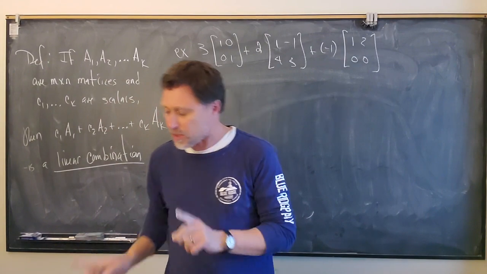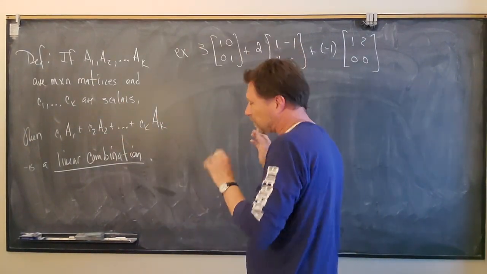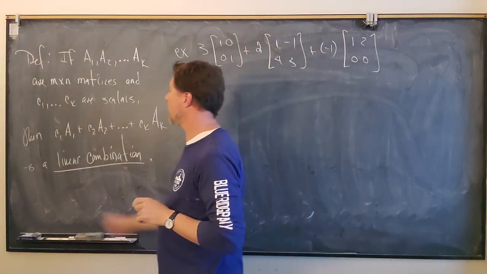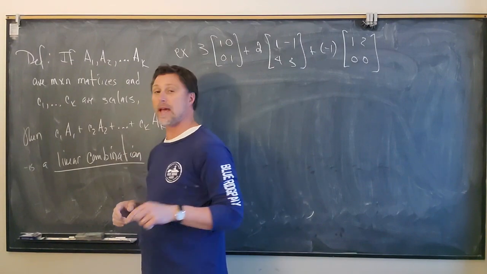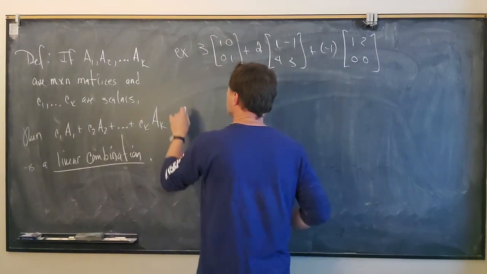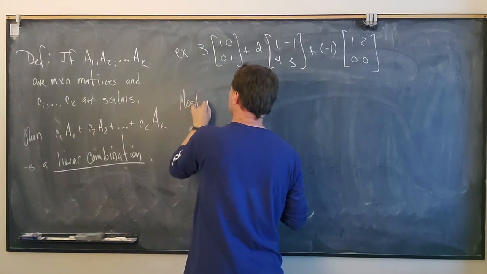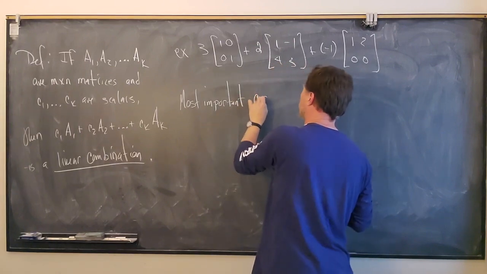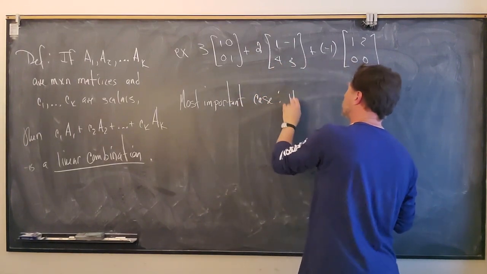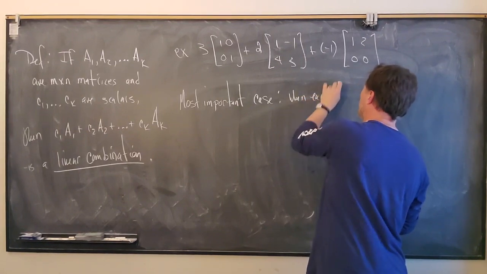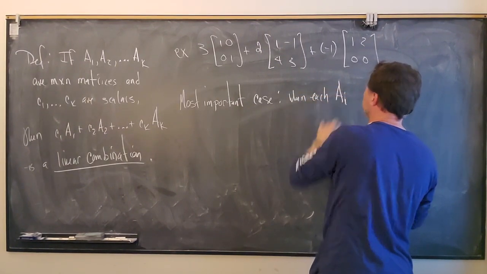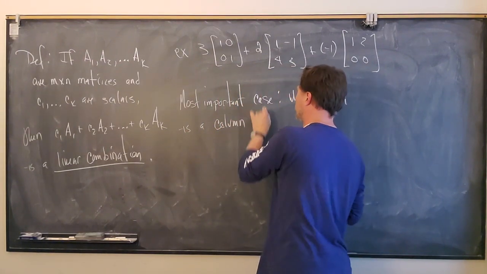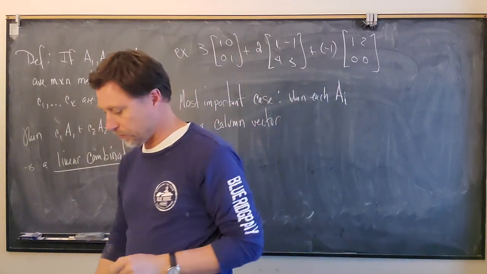Now, there's an especially important case. I'd say the most important case, right? One that we're going to see lots and lots of, is in the case that each of these matrices right here is actually a column vector. So let's say the most important case is when each A sub i is a column vector. All right, so for example,